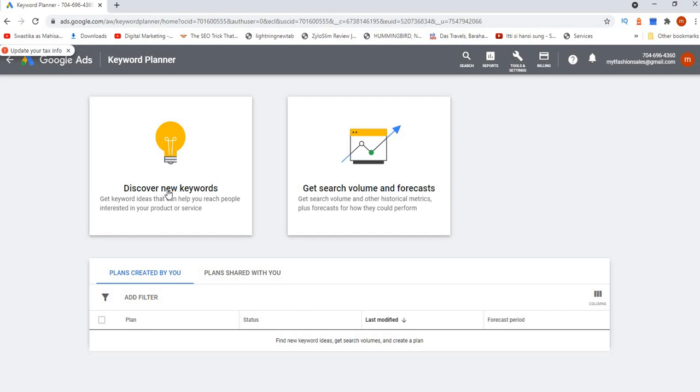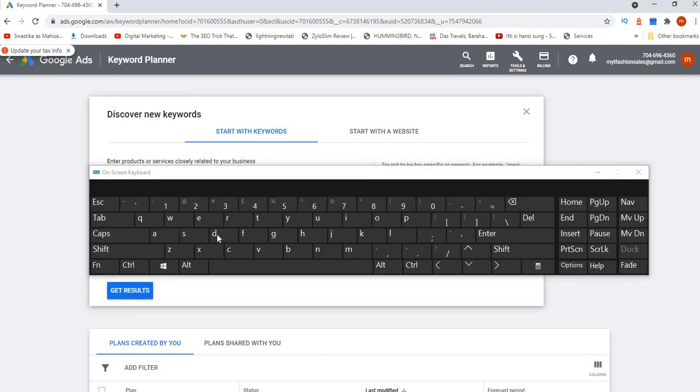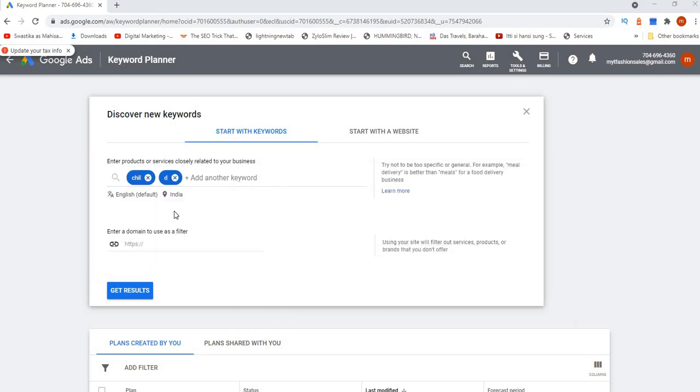Now here we have to click on discover new keywords. What is the reason behind cancelling the entire ad? Because I am signaling to Google that I am not yet ready to make the payment. I have to do more research on my keywords, right? That's why I need to restructure my ad. So Google gives me all these options. Now say you are typing a particular keyword, say child specialist.